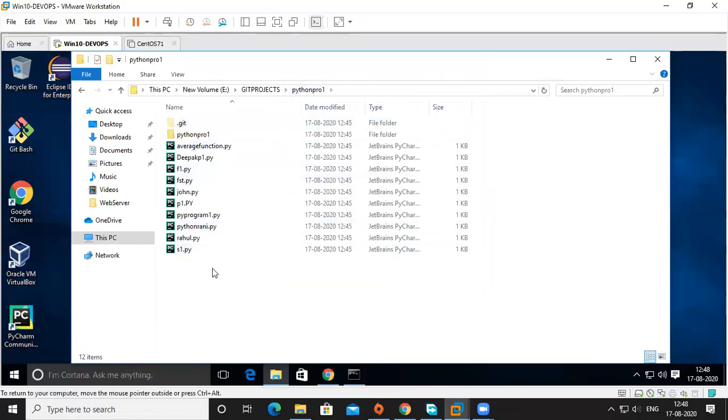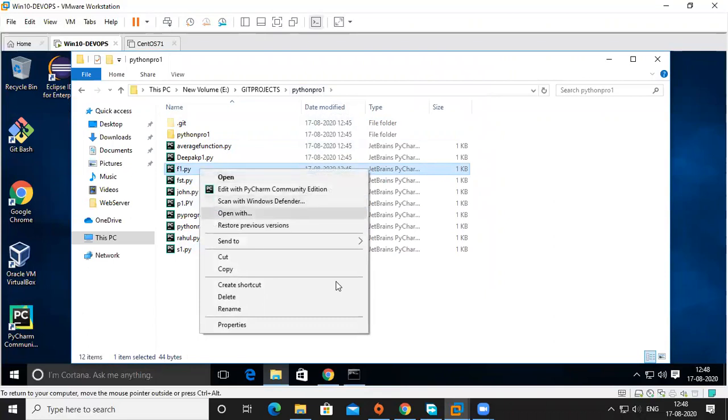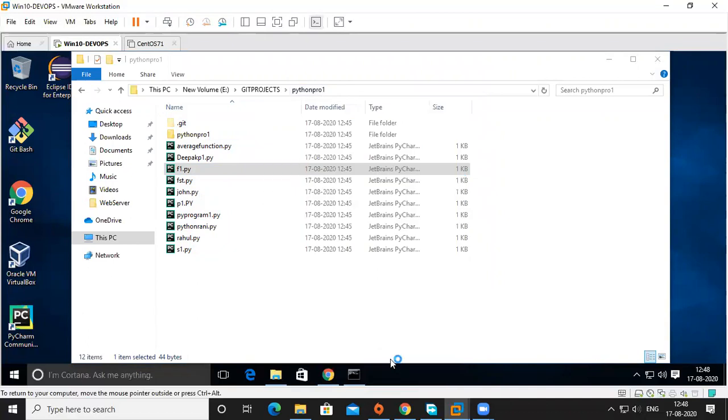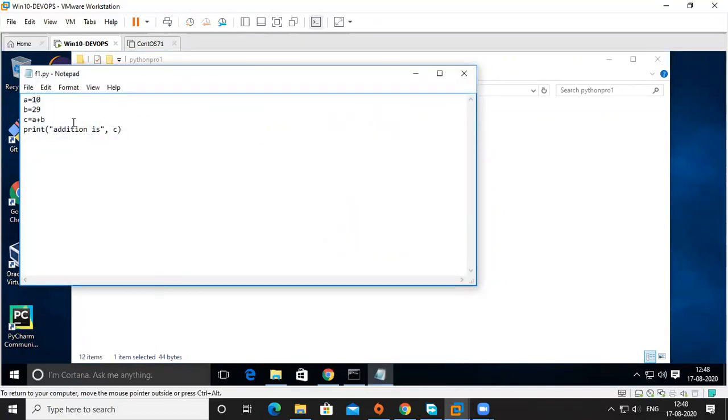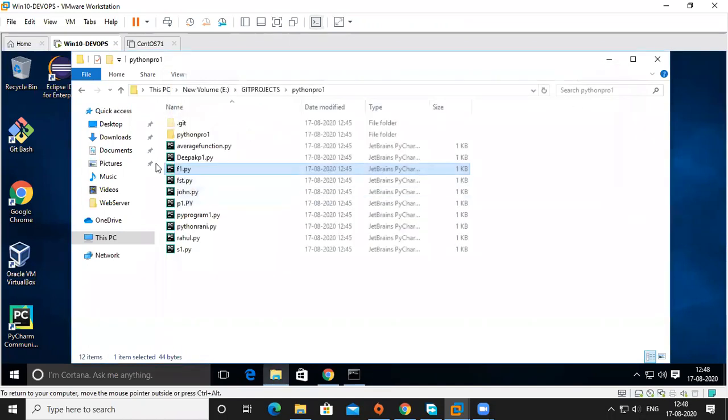Now I downloaded it, right? So now what I am going to do is go to some file, open with Notepad, and see what is written. f1.py: a is 10, b is 29, c is equal to a plus b, addition of c, right? So f1 is there.